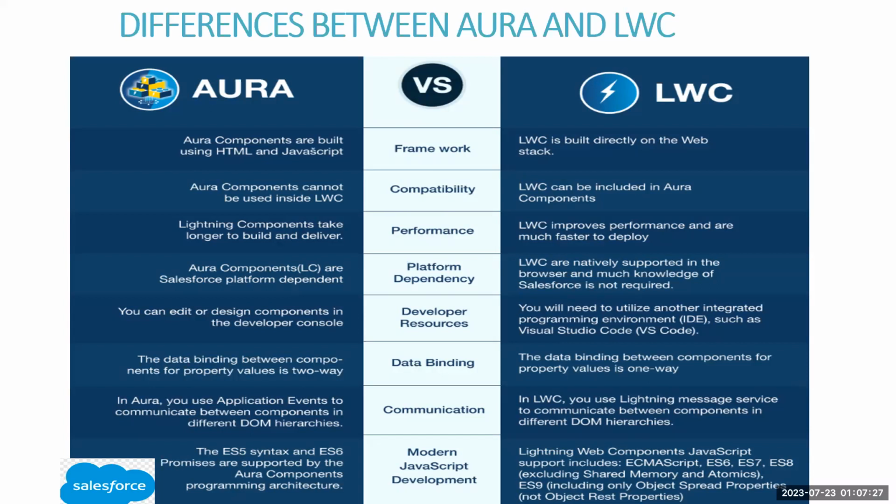Okay, the data binding between component for property value in 2 way. Okay, and the data binding between component for property value in 1 way. Okay, अब 2 way and 1 way, इस मामले में और बहुत अच्छा है 2 वे बाइंडिंग।